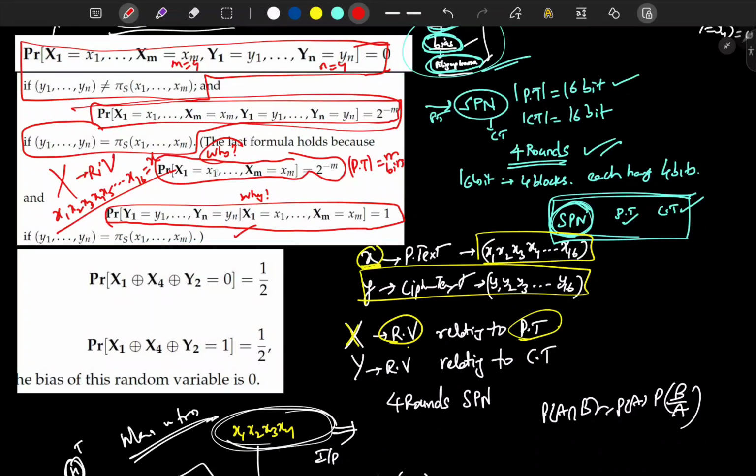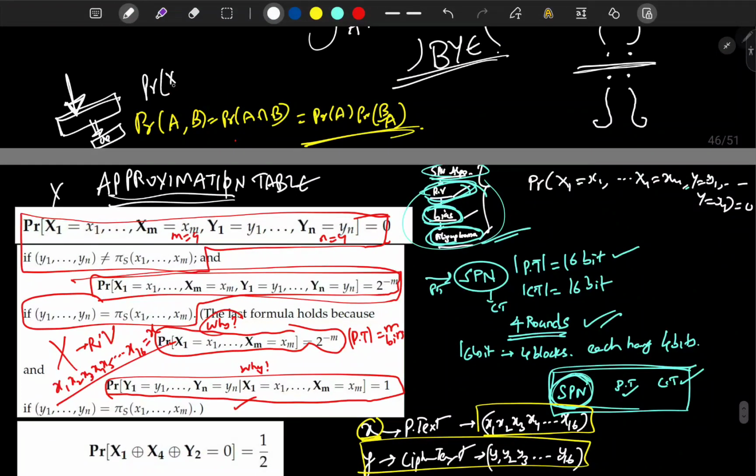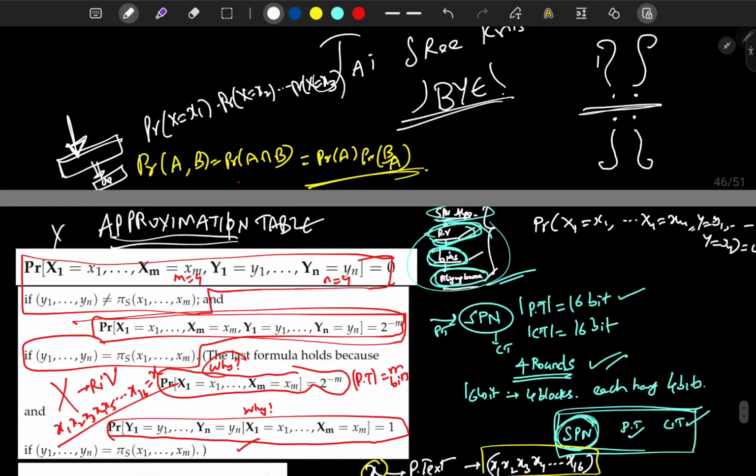Initially, in the last class, we assumed x1, x2 and so on are independent random variables. So this can be written as the probability that capital X equals x1, and the probability that capital X equals x2, and so on, up to x3, xn,